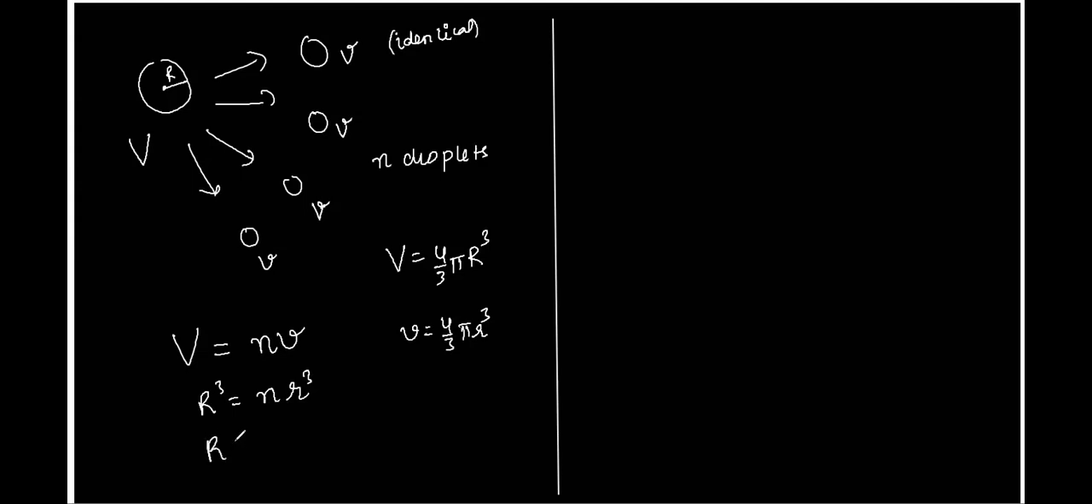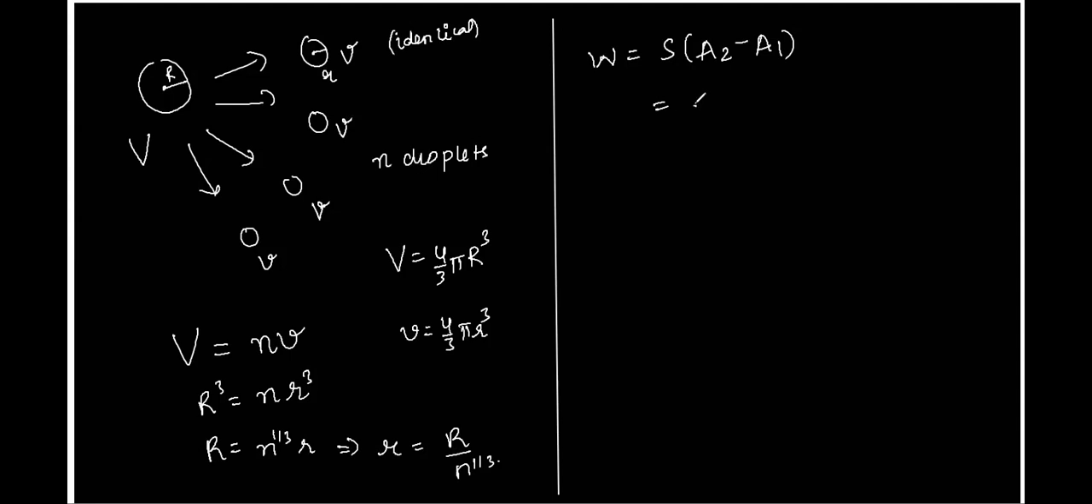If you want to write capital R, it is n to the power 1/3 into r. And the radius of each smaller droplet will be R upon n power 1/3, or R into n power minus 1/3. Clear? How will the work done be defined in this case? The work done is S times the final surface area minus the initial surface area. Since we are talking about droplets, it will be 4 pi, so S is 4 pi and not 8 pi; 8 pi was the case of bubbles. What should be the surface area here? Surface area of one droplet will be n times